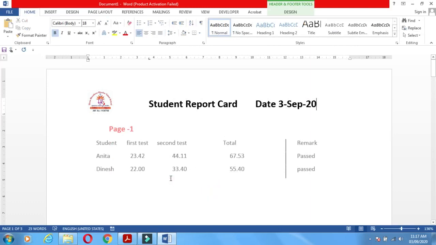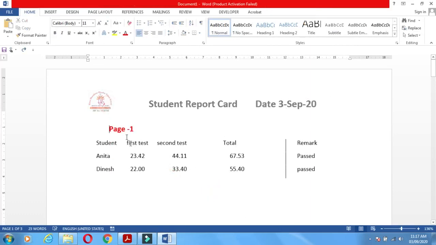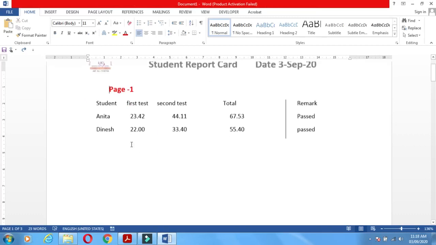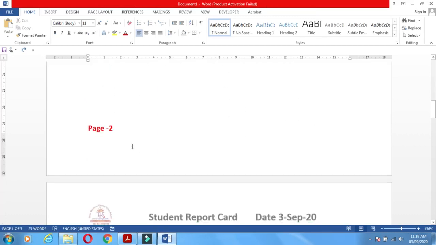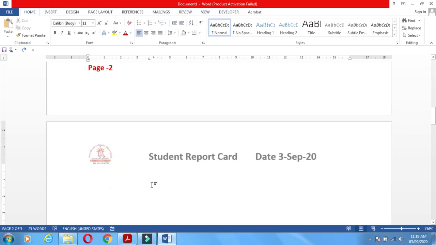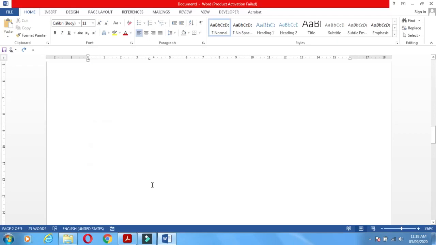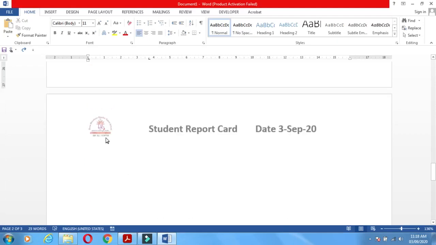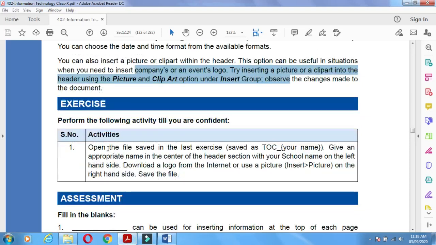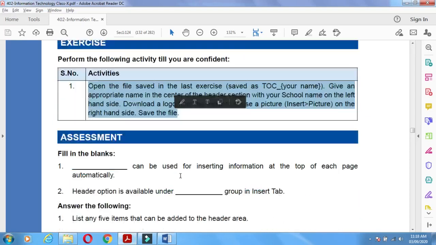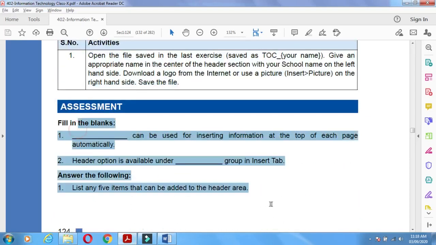If you want to check whether this header picture will be coming on each and every page, move on to the next page, see the logo is coming on, or the picture or the clip art will be coming on each and every page in this way. Understand? Now this is the exercise you have to do at your home, and these questions you have to solve